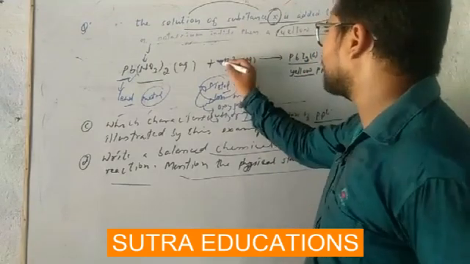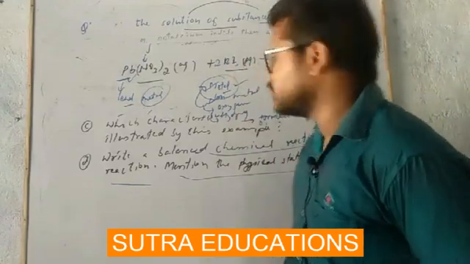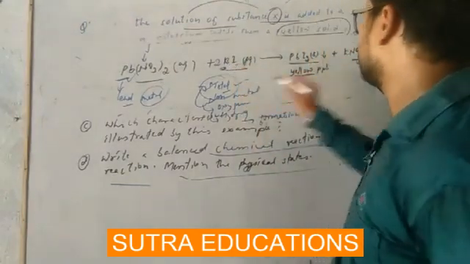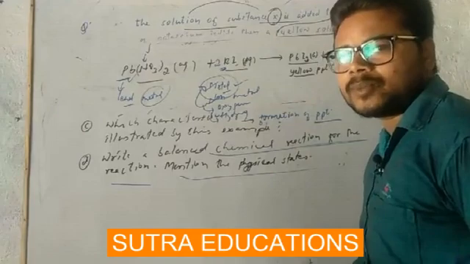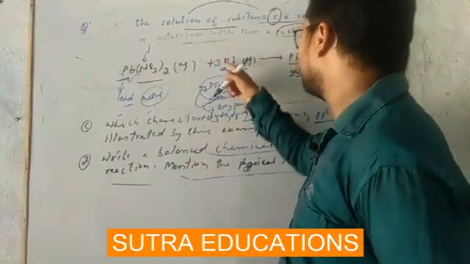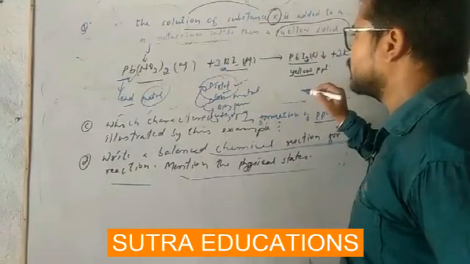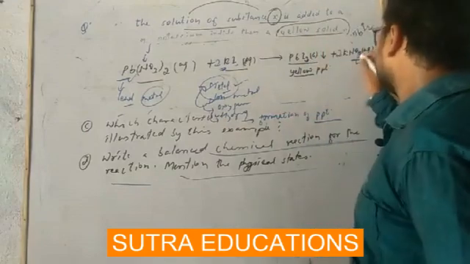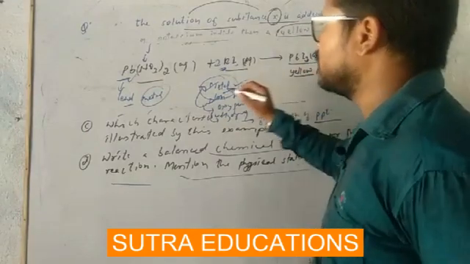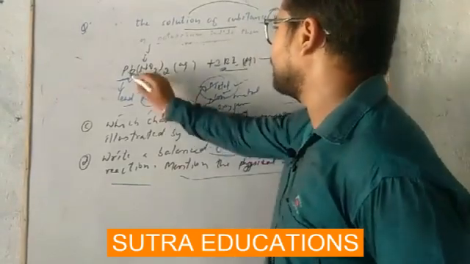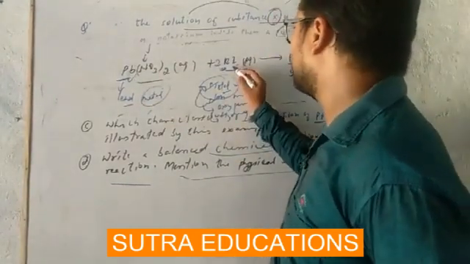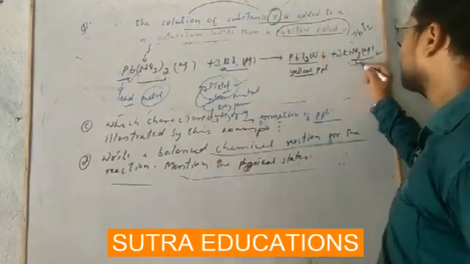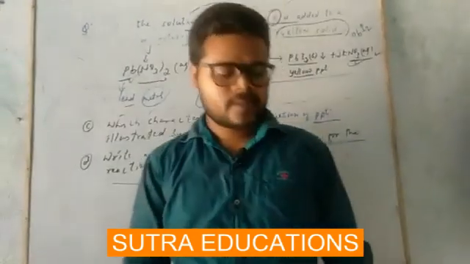Here it is PbI2, so write here 2, then it will become 2I. Now potassium will be 2, so put here 2 to balance potassium. Potassium is also a metal, you have to look for the potassium, okay. Then you can check other elements. Here nitrogen becomes 2, nitrogen is 2 here, okay. Lead is 1, iodine is 2, oxygen 2 into 3, 6, oxygen 2 into 3, 6. Now it is balanced, okay.